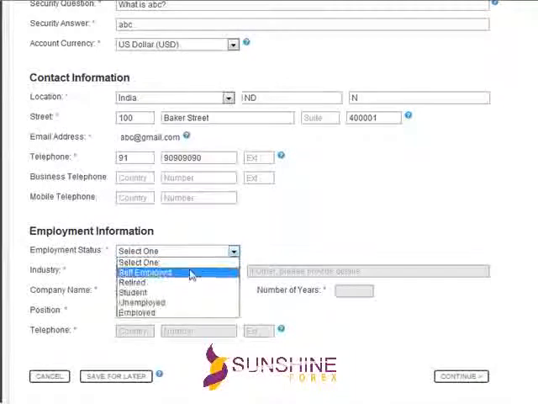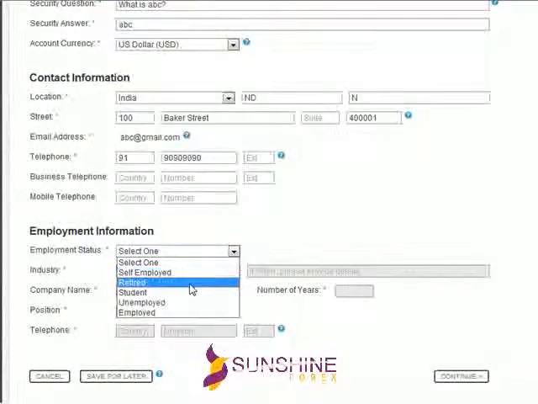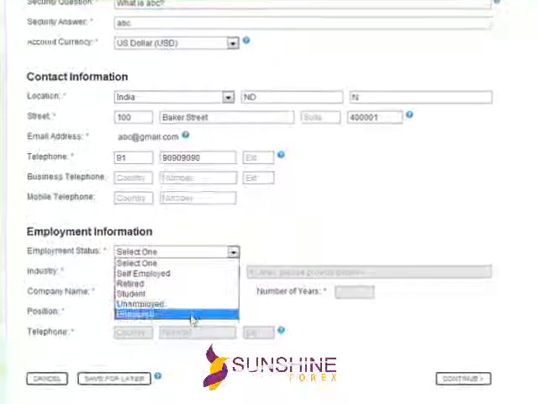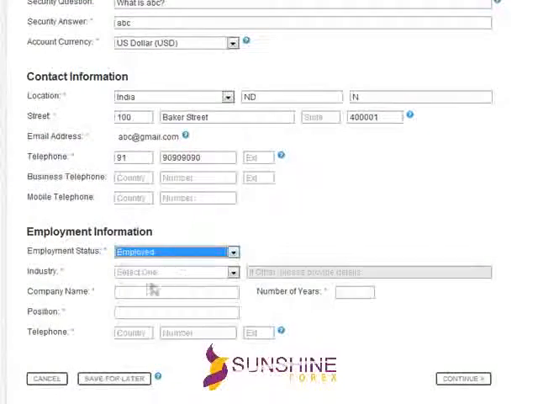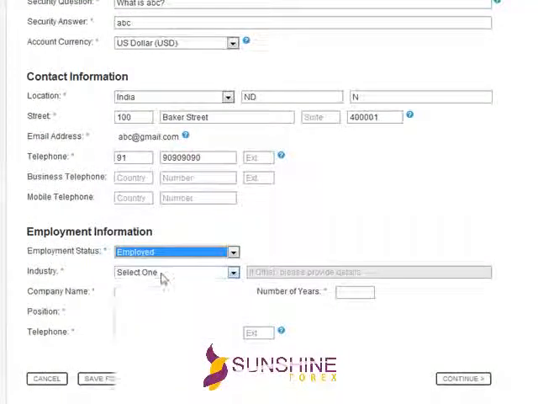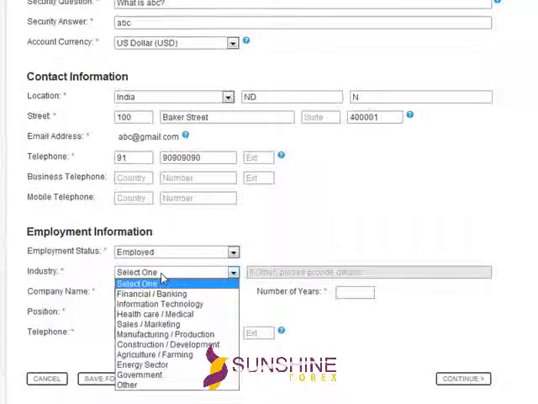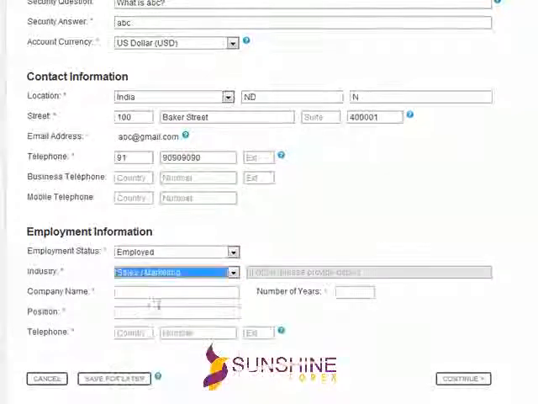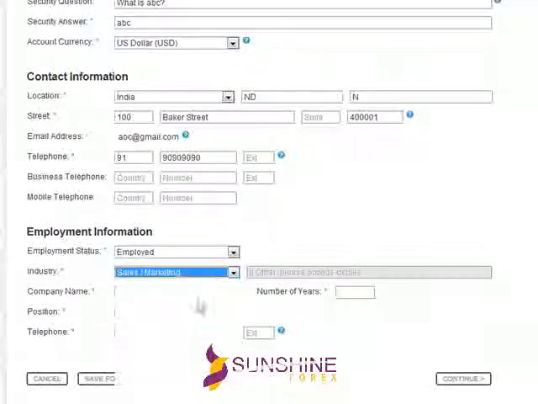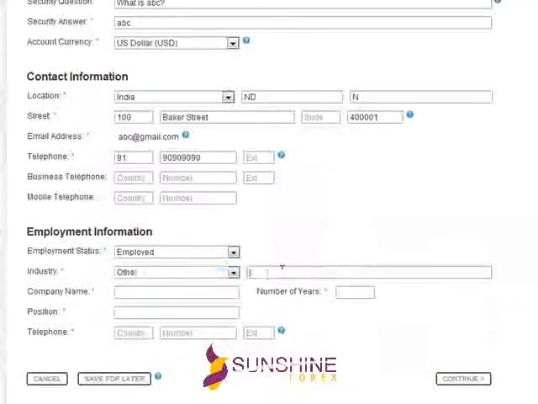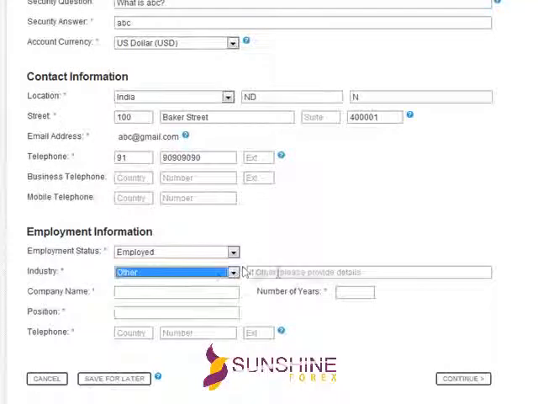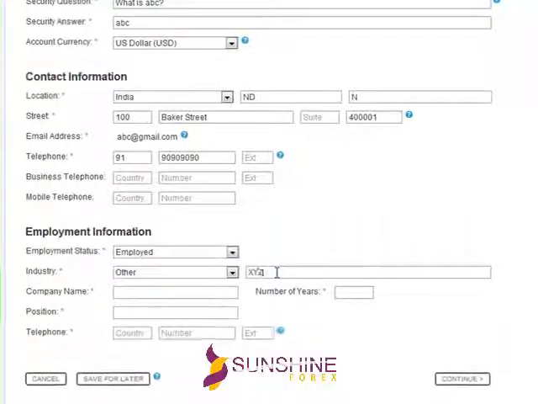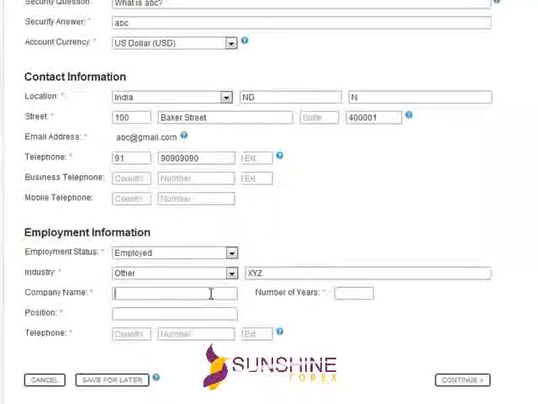Select your employment status from self-employed, retired, student, unemployed and employed. If you select employed, you'll be asked more information about the industry that you're working in. Pick out from these choices. If in case it's not available here, you can click on other and enter the information here like this. And fill out your company name